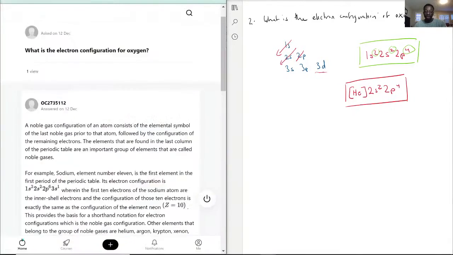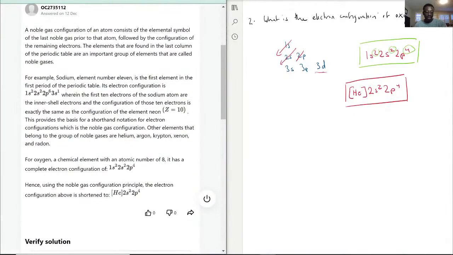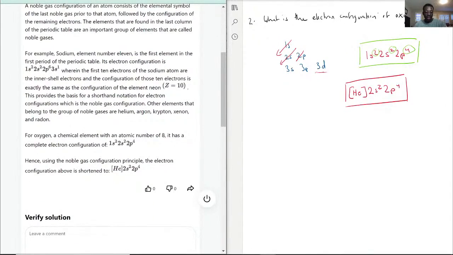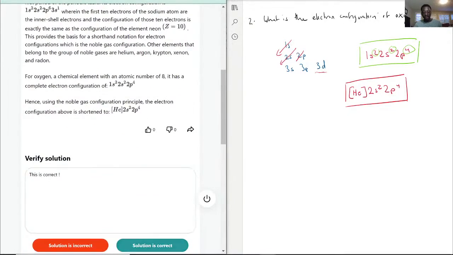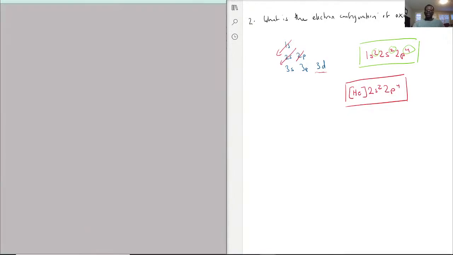So with that being said though, let's see. Oxygen, exactly. Chemical element with atomic number of 8, 1s2, 2s2, 2p4. Perfect. As you can see, here is their noble gas notation as well. It's He 2s2, 2p4. So with that, let's move on to question